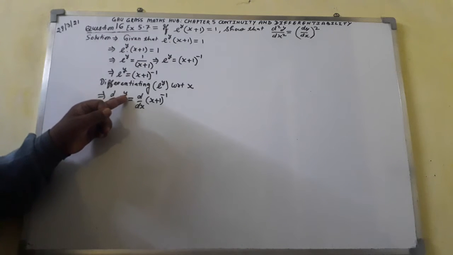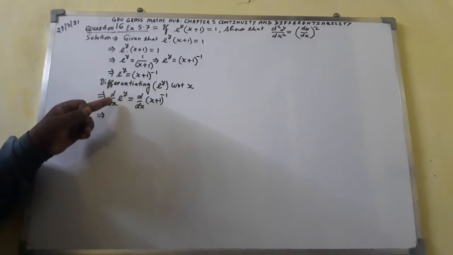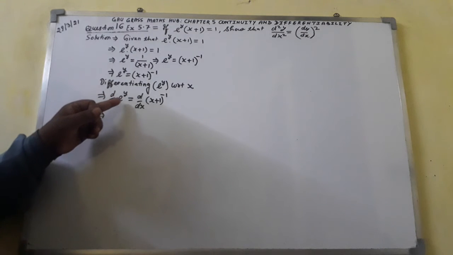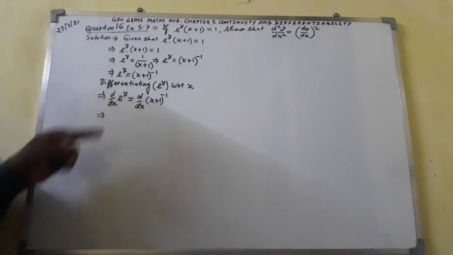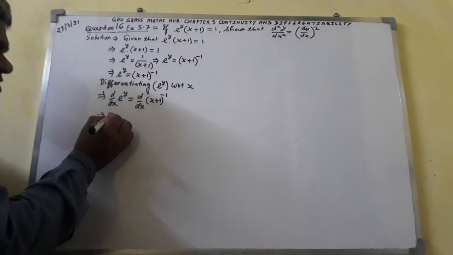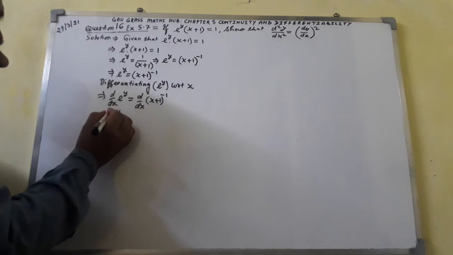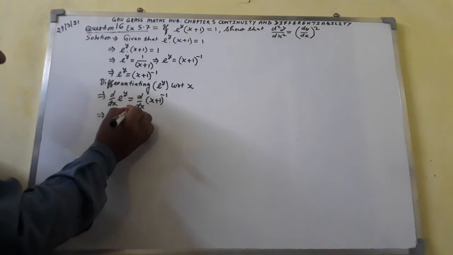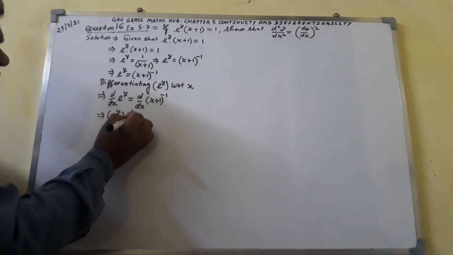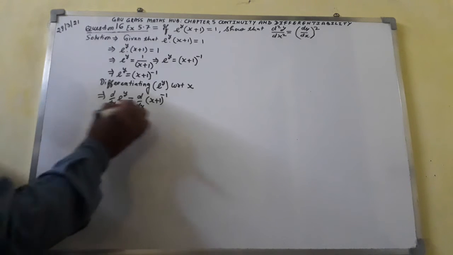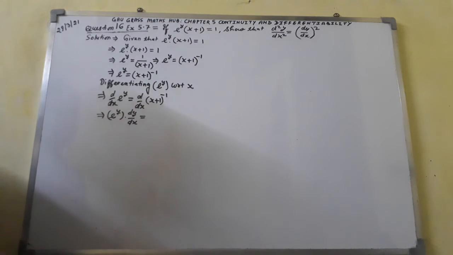And in place of y, if you take x, the d over dx of e raised to the power x comes out to be e raised to the power x. In place of x, I shall write y. Dot dy over dx will be multiplied, equal to,